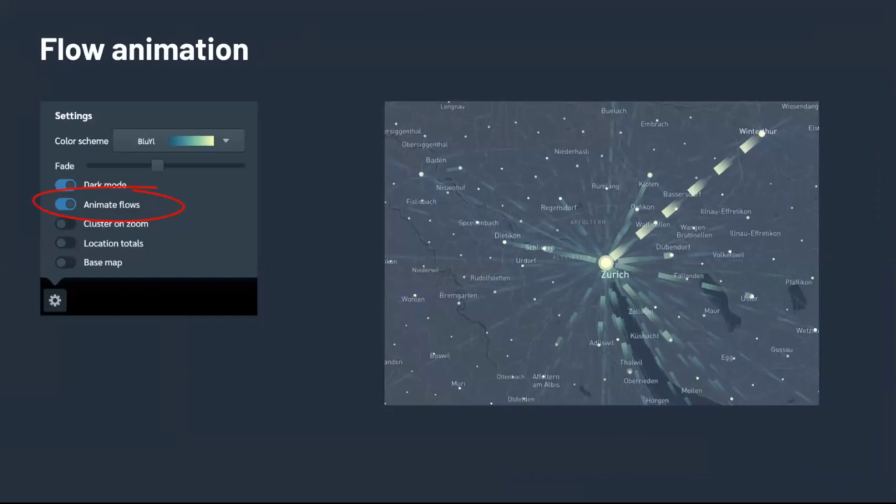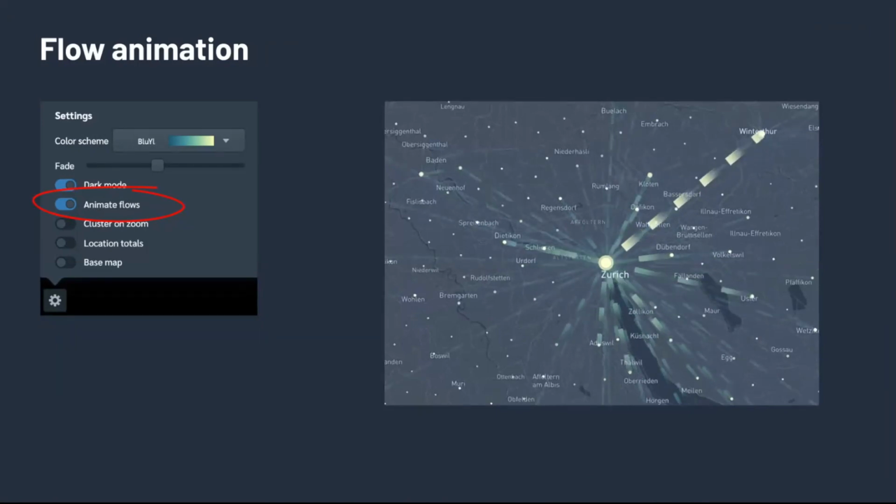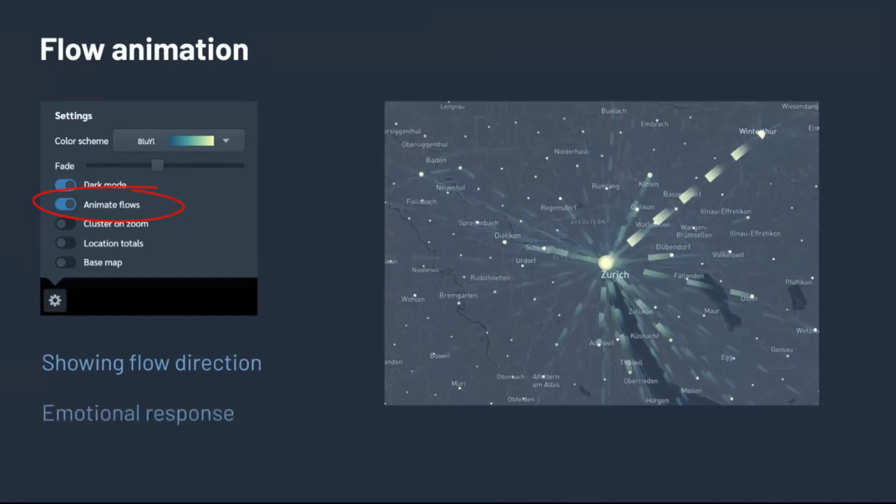And there is an alternative way of representing the directions using animated arrows. These are not arrows, but animated flow lines. It also shows the flow direction, but it often generates an emotional response, right? People can react to it more, but you should be careful with it. If you present refugees moving to a certain country, this might not be the right emotional response.